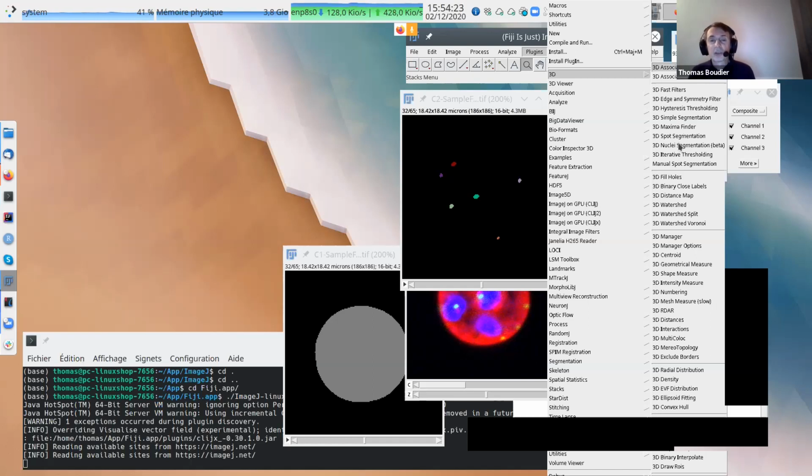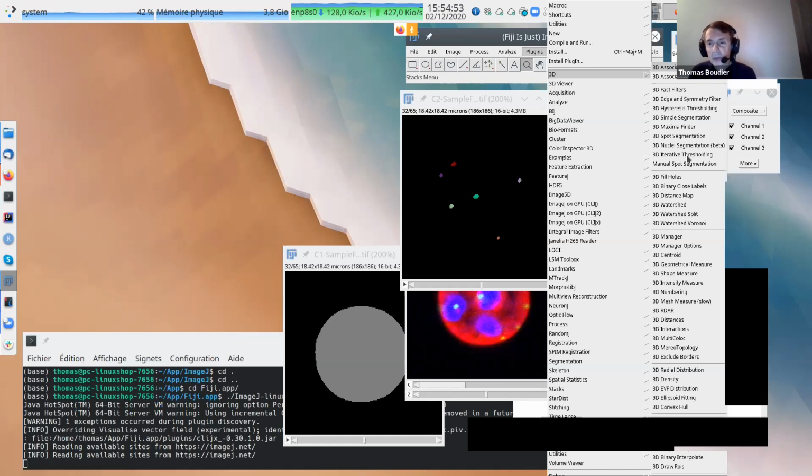Nucleus segmentation is more for culture, not for tissue. For tissue, it's a nightmare to segment nuclei. If you have nuclei in a 2D cell culture, basically we do the projection, detect in 2D with the watershed, and then expand in 3D. It's quite simple, but it's working quite well.